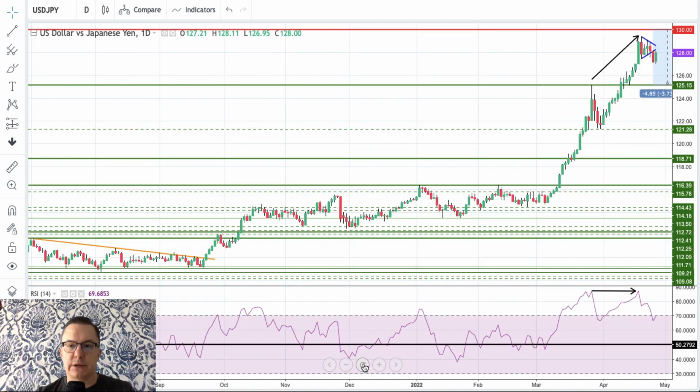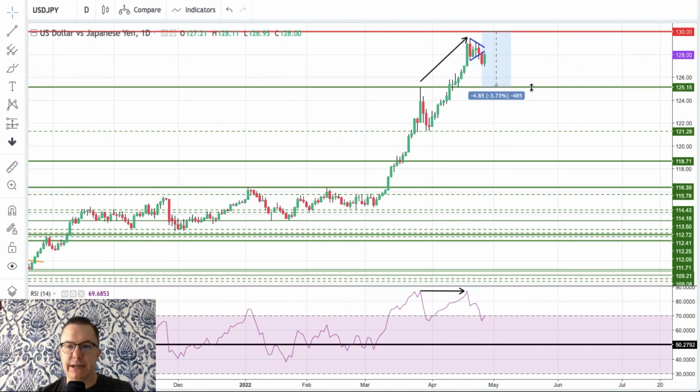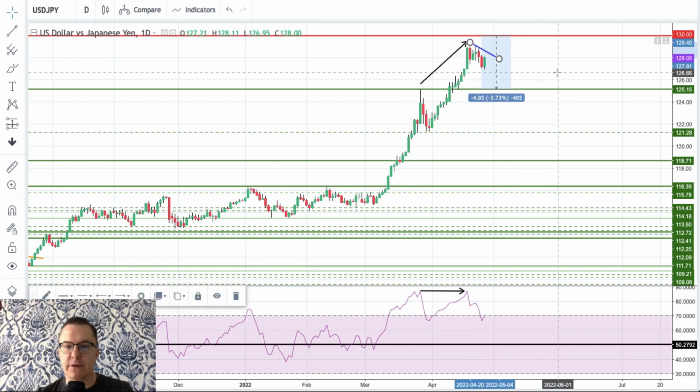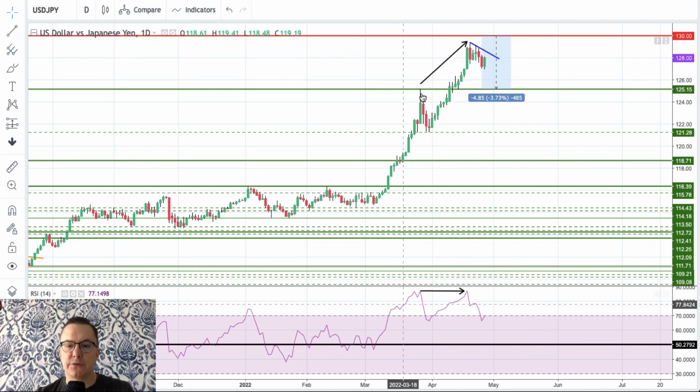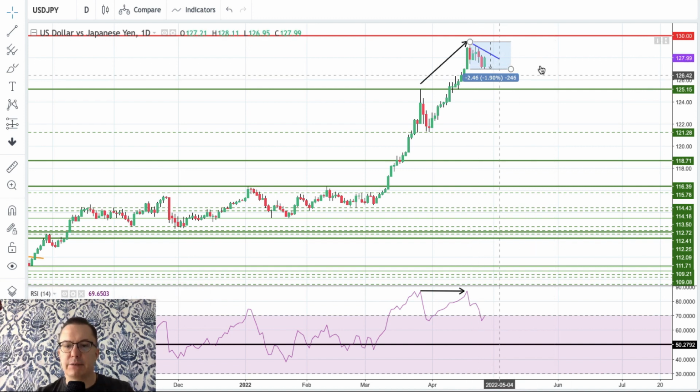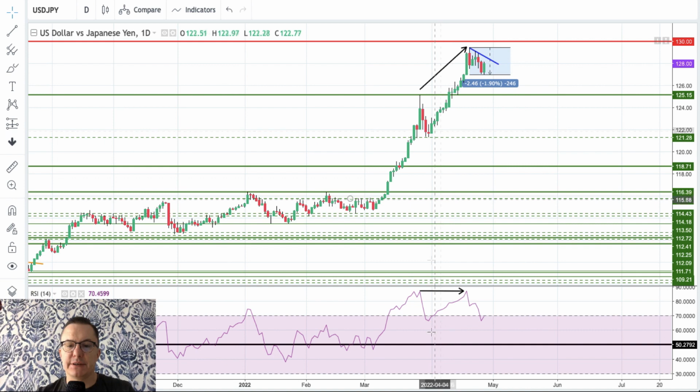Right now, the US dollar to the Japanese yen, as you can see on the daily time frame chart, moved lower out of this supposed triangle. It moved lower because of this bearish divergence. So far we made only a 2% correction. Let me be more clear: 1.90% exactly is the current correction on the US dollar to Japanese yen. However, this uptrend is really strong, but it's sending some signals of exhaustion,